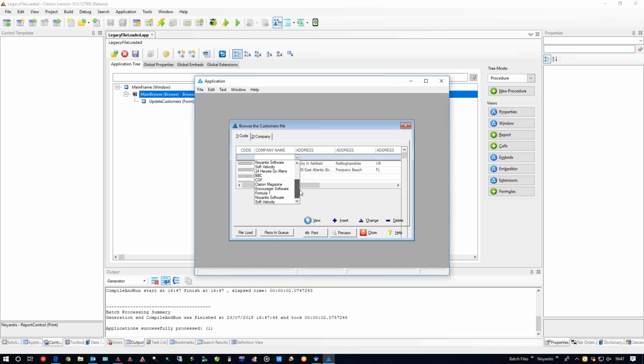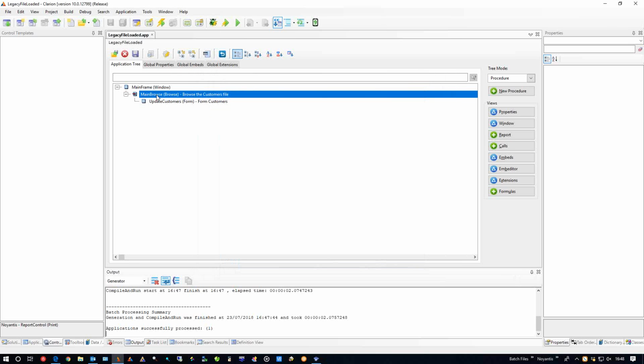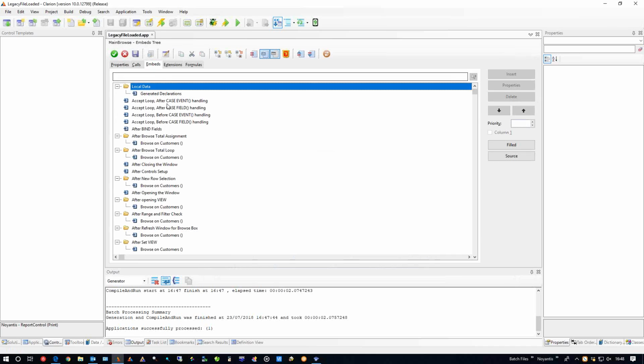But we seem to be getting the same records twice over. So that's a bit odd. 24 hour, 24 hour de more. Down to soft velocity. And if you look at this one, we're getting the 1 to 8 followed by 1 to 8. I'm not quite sure why we're getting that. It's like it's reloaded them, but it hasn't, if that makes sense.